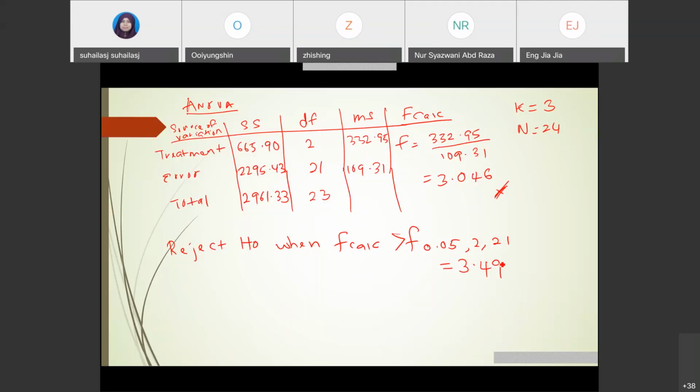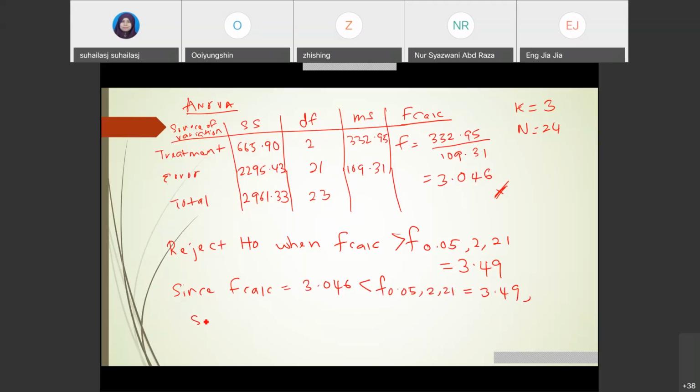Again, you compare. Our F calculated is 3.046, which is less than the critical value. If the value is not in the table, take the nearest one. If there is no 21 but there is 22 or 20, take 2 and 20, because here we do not teach interpolation; we take the nearest value. So since your F calculated is 3.046, which is less than F 0.05, 2, 21, which is 3.49,